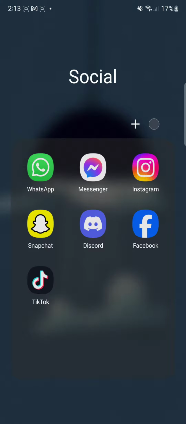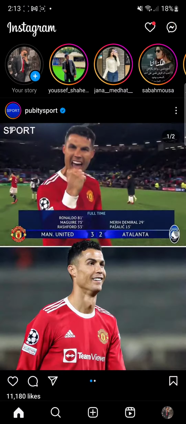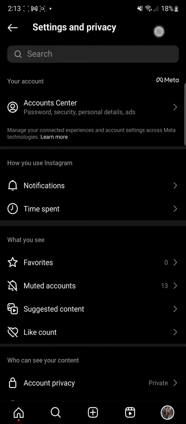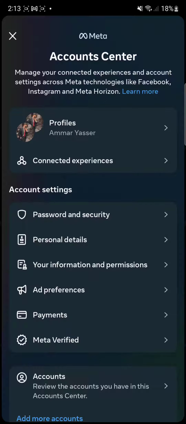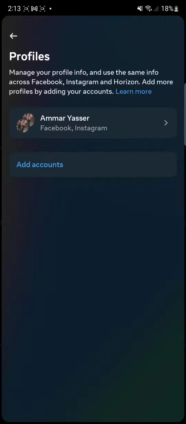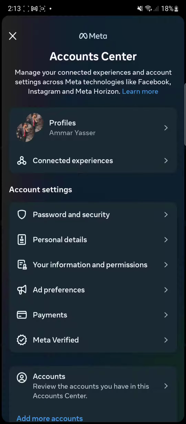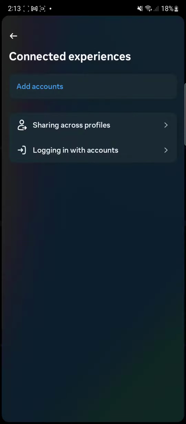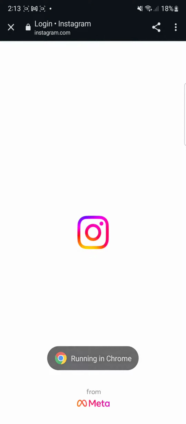First of all, you're going to launch up Instagram. Now, from Instagram, you're going to click on the bottom right corner, which is basically your profile icon. From there, you're going to click on Accounts, Account Center. And from there, as you can see, I have both accounts connected. So how you can do this is basically you're going to click on Connected Experiences. If you click on Connected Experiences, basically if you add another account, which is your Facebook account,